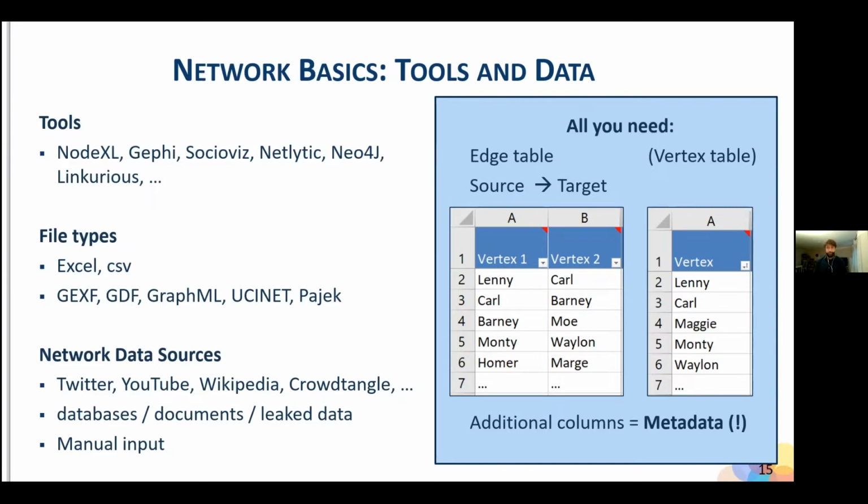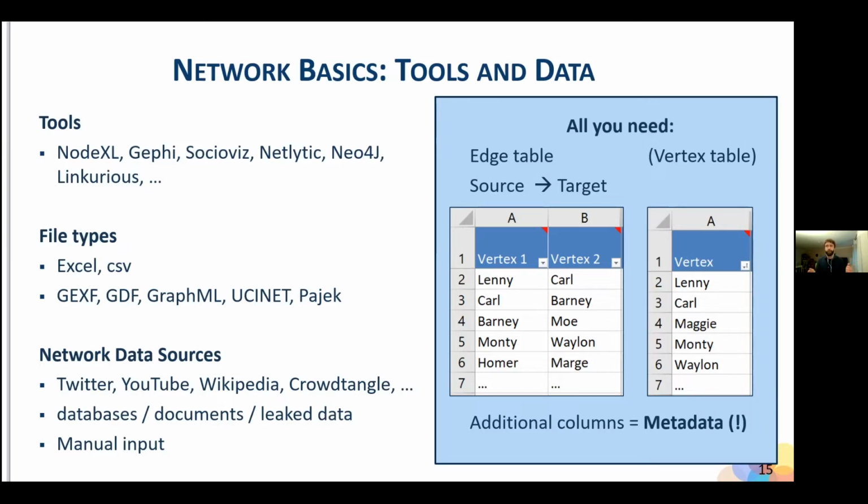For example, Twitter, YouTube, Wikipedia, they all have APIs. We can access them and construct networks from them. There's just recently seen CrowdTangle network made from a list of groups that were posting about COVID, pro and anti vaxxers, and then a network was created between groups and the URLs or domains posted in a group. And when you get hundreds or thousands or many thousands of these connections, then you will find clusters of groups and who post